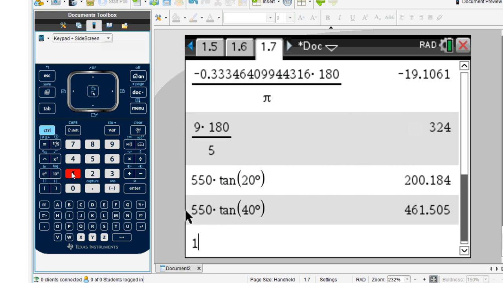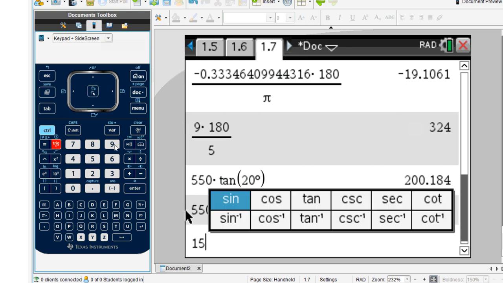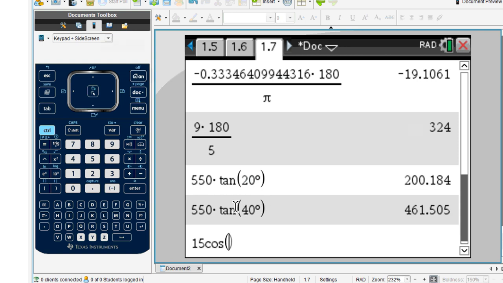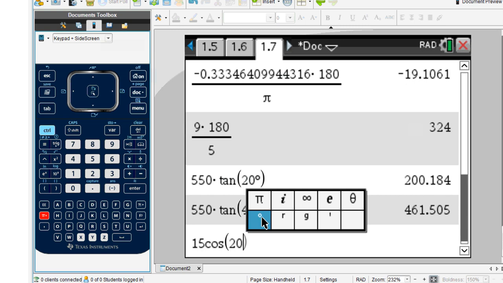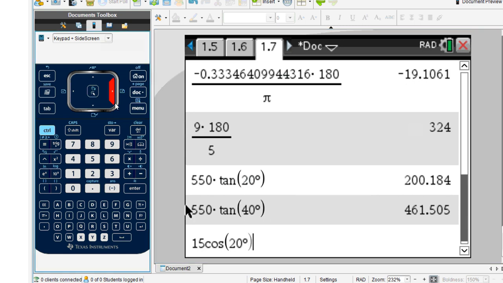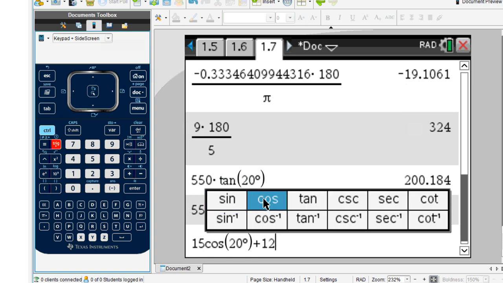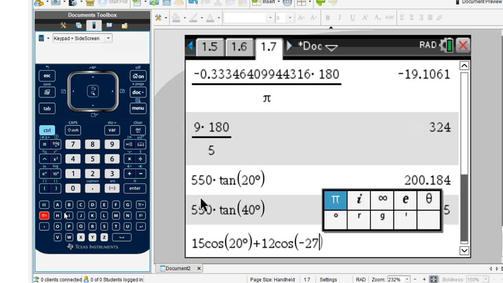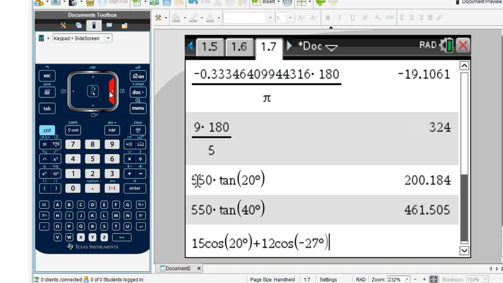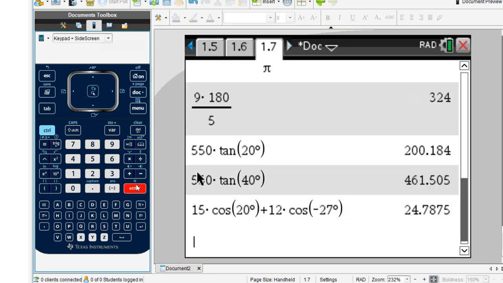So 15 cosine 20 degrees plus 12 cosine negative 27 degrees, and so we're going to get an x value out of that, 24.78, and the y value we're going to get is